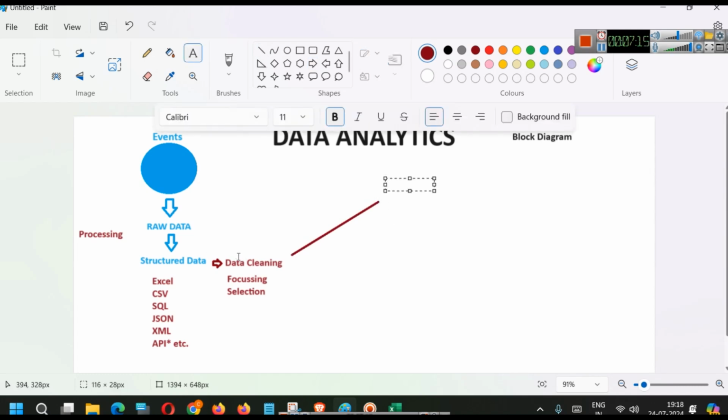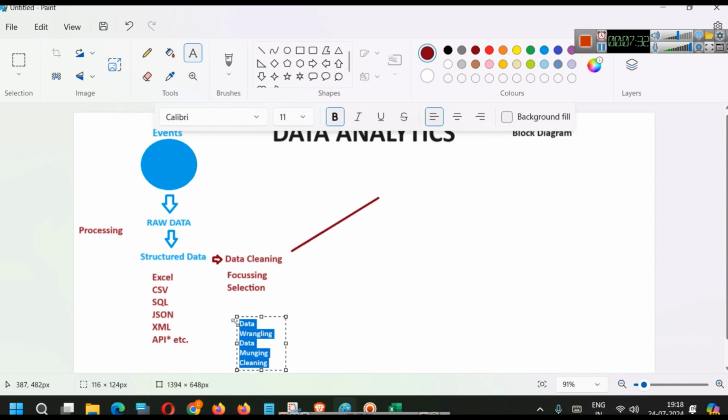The steps involved here, like data cleaning, data munging, data wrangling, all of this you will learn in our course: data wrangling, data munging, cleaning, mining, everything you will learn in our course, like what their meanings are, at what point we need them. So we'll do that. Now after cleaning the structured data, the first thing that we do is statistical analysis